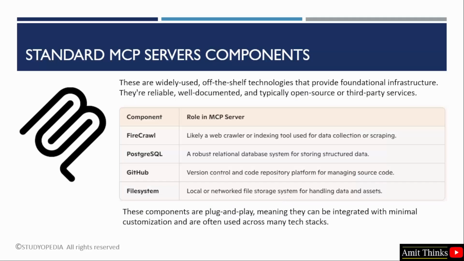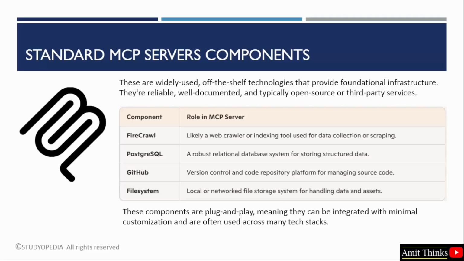Now let us understand the standard MCP server more. These are widely used and well documented, typically open source or third-party services. For example, with Firecrawl, we can create a web crawler. It is like a web crawler or indexing tool for data collection or scraping. PostgreSQL is a robust relational database system for storing structured data. GitHub, as we all know, is used for version control. File system is local or network file storage for handling data. These components can be integrated with minimal customization because they are already built and are often used across many tech